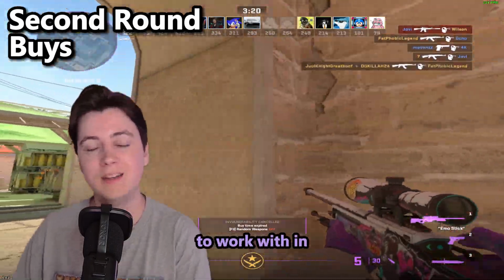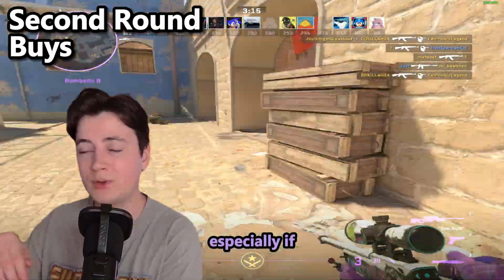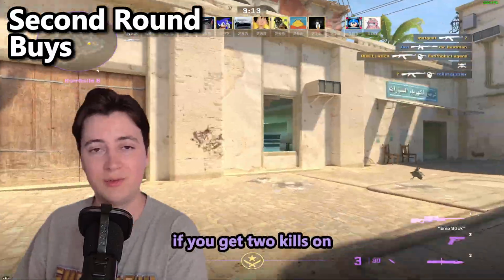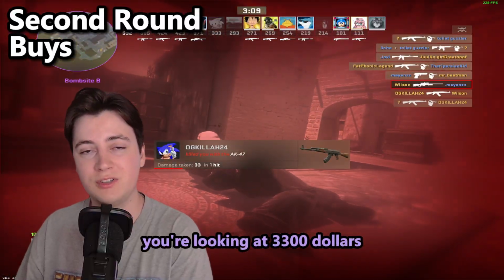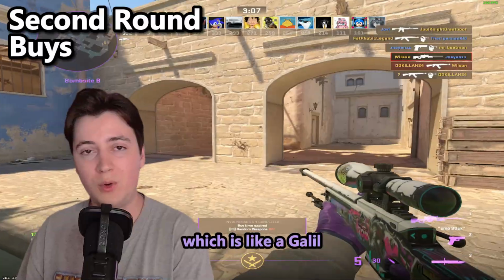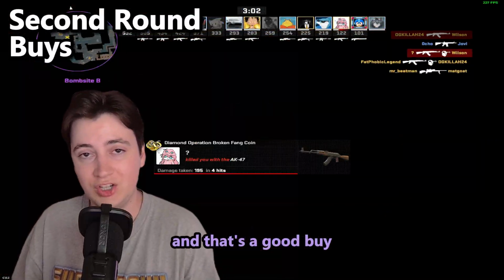to work with in the second round, and this can be a pretty decent buy, especially if you're able to get kills during pistol round. If you get 2 kills on top of that bomb plant, then you're looking at $3,300, which is like a Galil, full armor, and then a couple flashes, or a flash and a smoke, and that's a good buy,